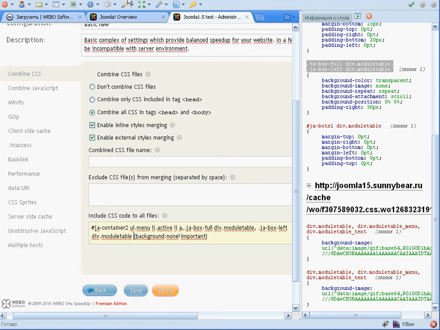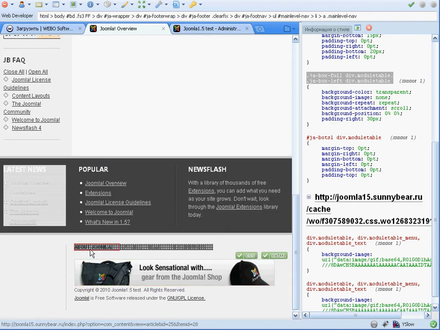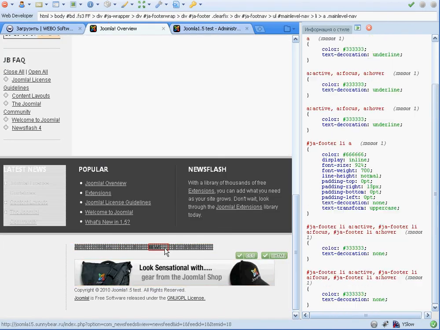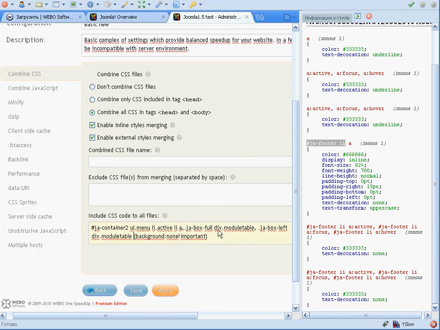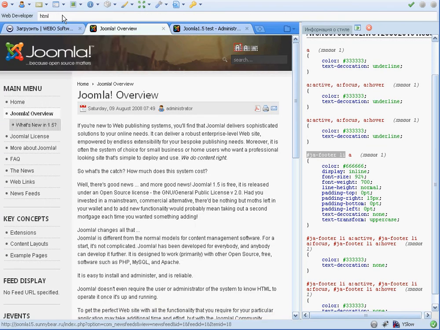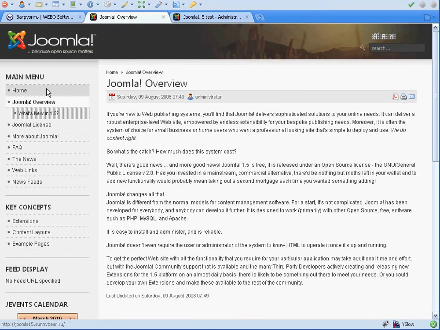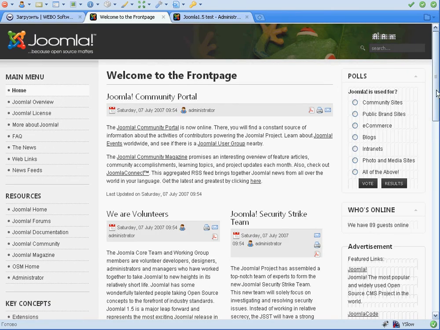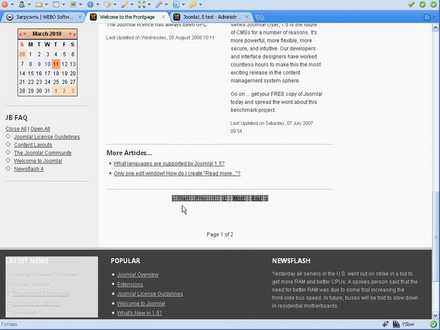Then we are adding the CSS selector from this group, and we need 2 more groups to fix our website completely. We just go into the home page, and there are pages,